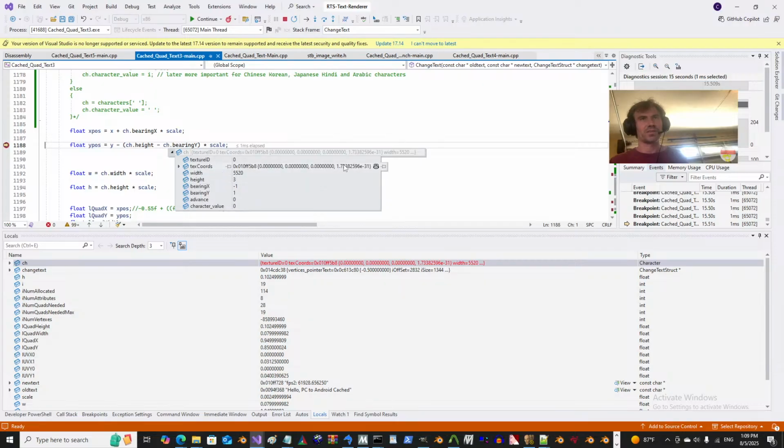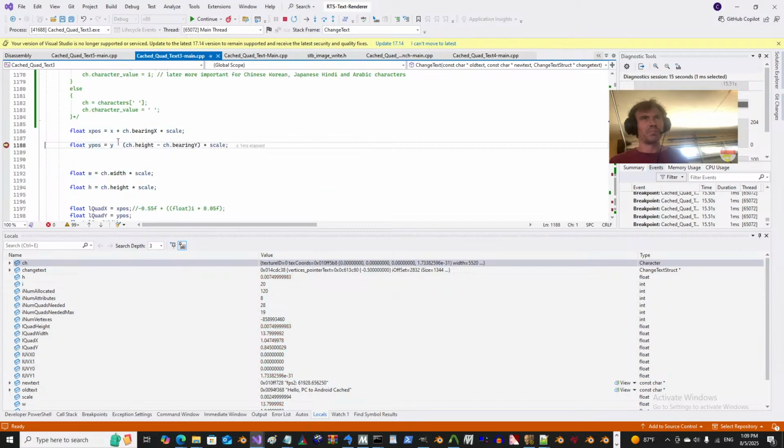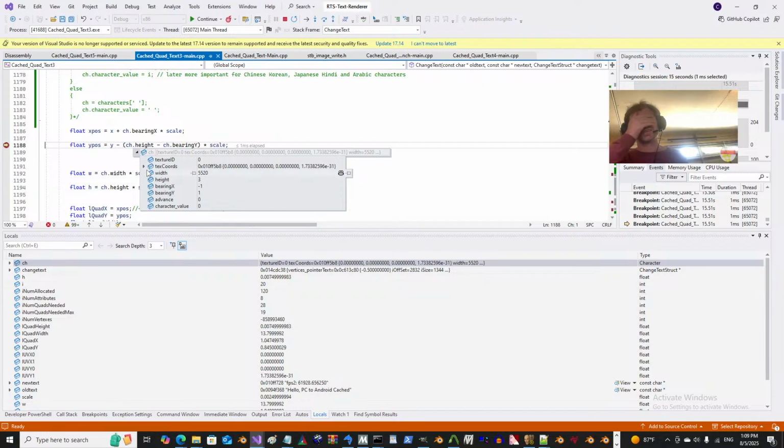The last texture coordinate. Bearing is not right. Height is not right. Width is stupid. This one is not that bad. So I guess it's just not that bad right now, just because it's pulling out of some memory, they got zeroed out. What will happen is